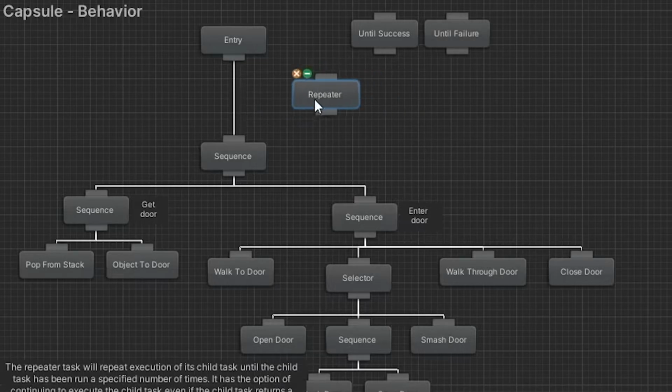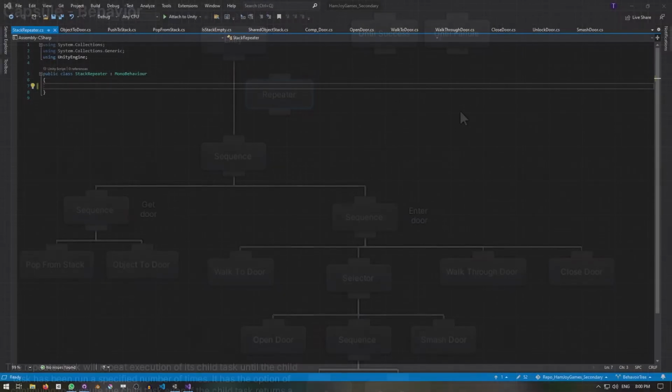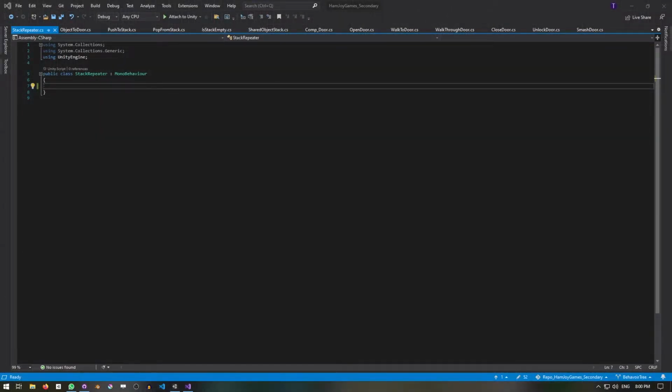A repeater could work with the right setup and extra nodes. As you can see, this is where behavior trees can get tricky, as traversing the tree causes you to lose context of why something failed without adding additional nodes. But in this case, I will create a custom decorator to suit our needs, so let's create a new script